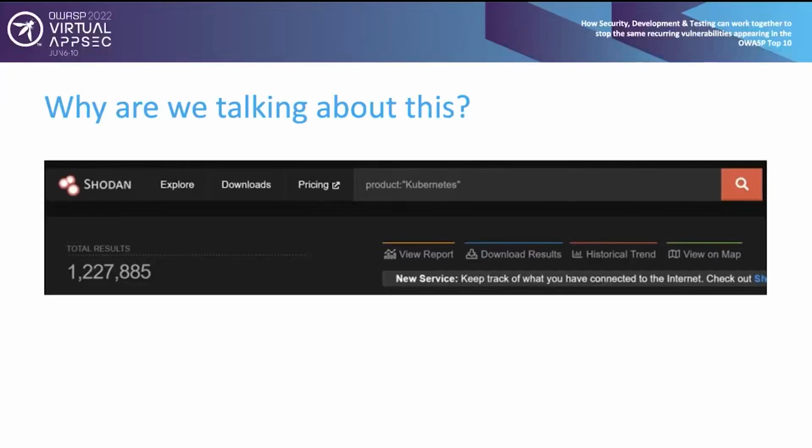So out of all of those hosts that we can find using Kubernetes under the hood, those really encompass everybody, all kinds of users. And obviously, given that there are so many, there's a lot of attack surface and different vulnerabilities that are found in each of those different environments.